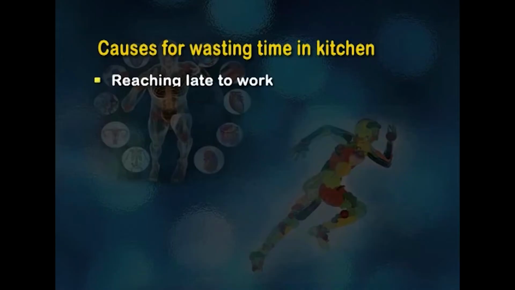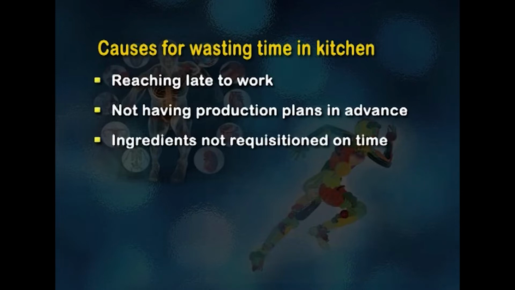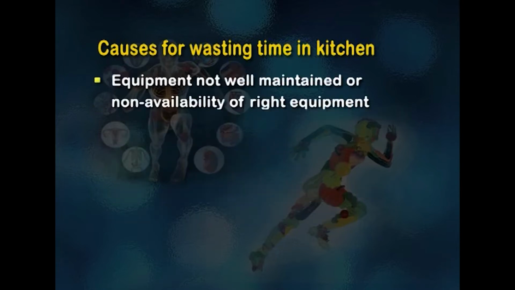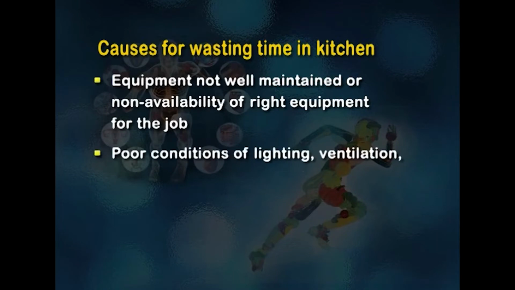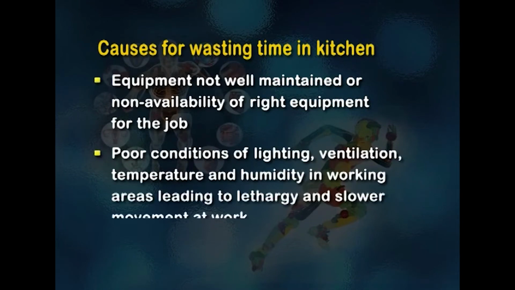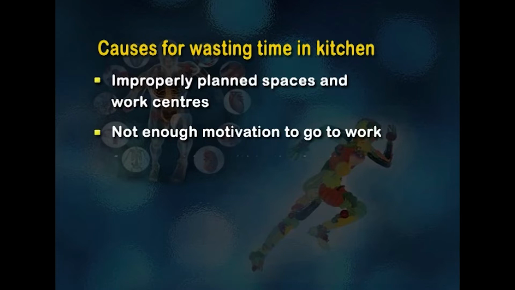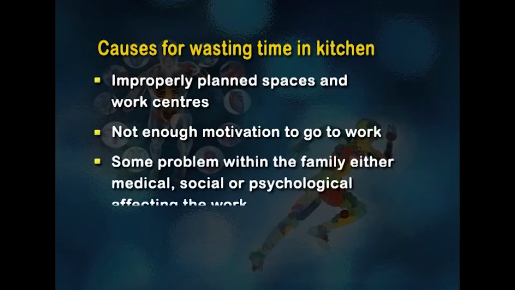Some common causes for wasting time in kitchen and service areas are reaching late to work, not having production plans in advance, ingredients not requisitioned on time which can delay the work, ingredients out of stock because of late ordering or non-availability, equipment not well maintained or non-availability of right equipment for the job, poor conditions of lighting, ventilation, temperature and humidity in working areas leading to lethargy and slower movement at work, improperly planned spaces and work centers,